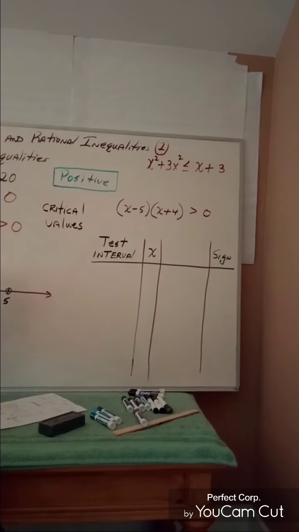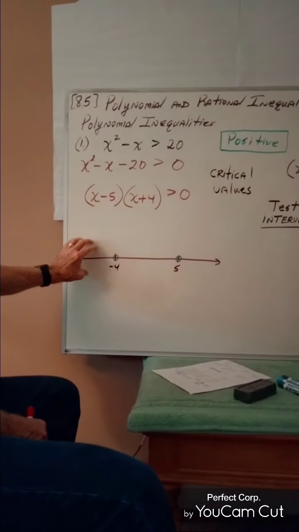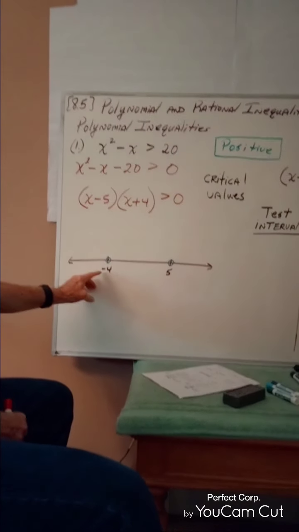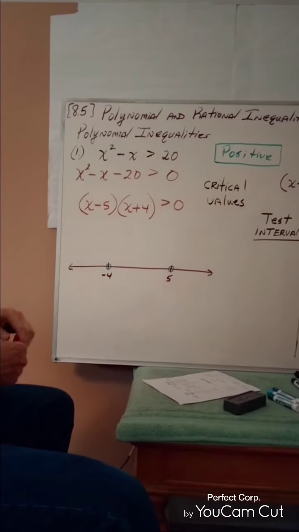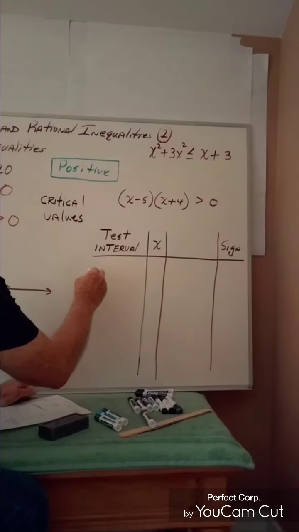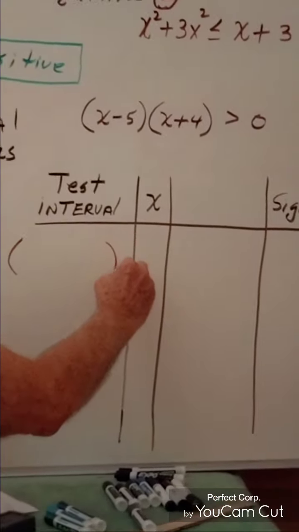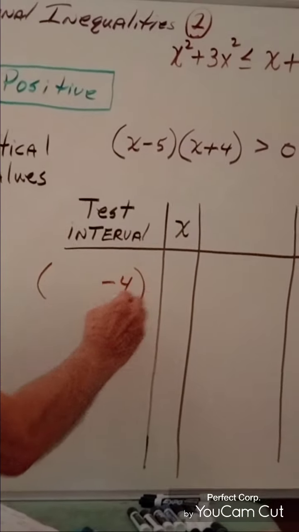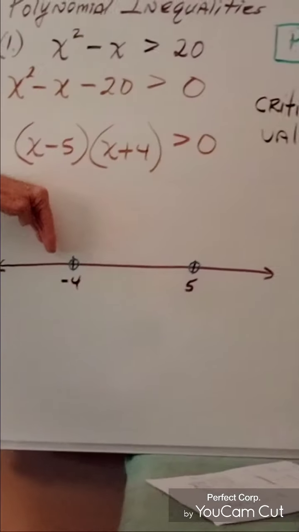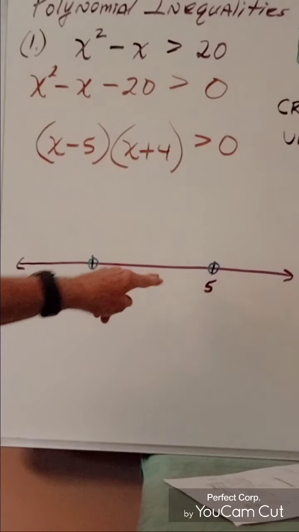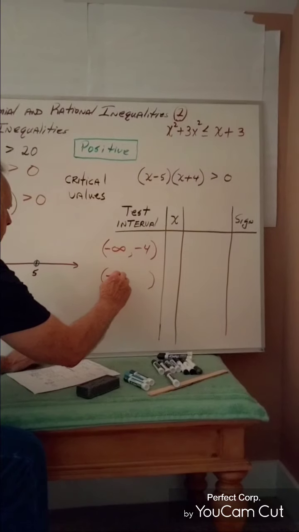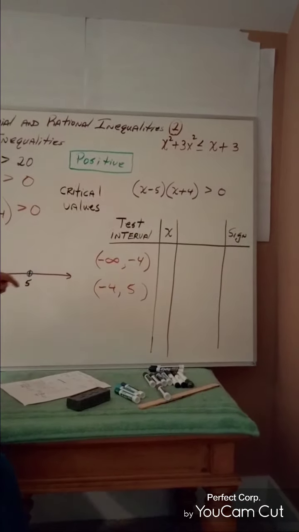The first thing we're now going to do is identify each of these intervals from this given number line. This interval right here has a high value of -4, and then it moves infinitely in a negative direction. So I'm going to come over here in this chart, in the column entitled test interval, and identify this first interval. The largest value is -4, and then it moves infinitely in a negative direction. So negative infinity comma -4 will satisfy this interval. Then below that, I'm going to put the interval in the middle. It's all parentheses because there was no equal sign attached to that inequality symbol. We've got a -4 and then a +5. And then the third interval is